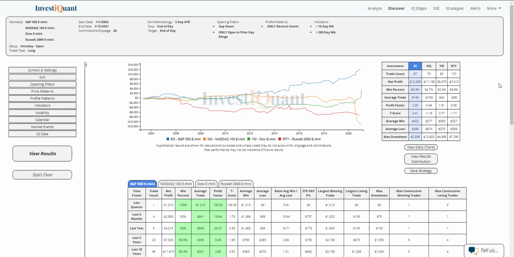If you just look at the equity curves here, you can kind of see the S&P equity curve here is kind of smooth to the upside, whereas the others are more flat. The S&P is the one here in the blue that I've got highlighted here, whereas the others are kind of messy. That's the NASDAQ, that's the Dow, that's the Russell. Those are not nearly as attractive, but for whatever reason, that pattern has been more favored in the